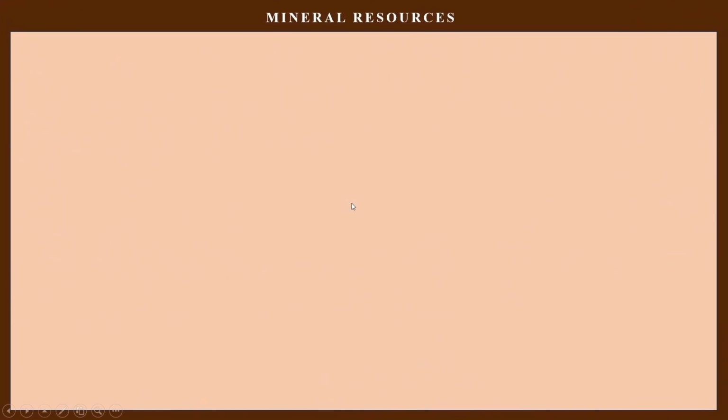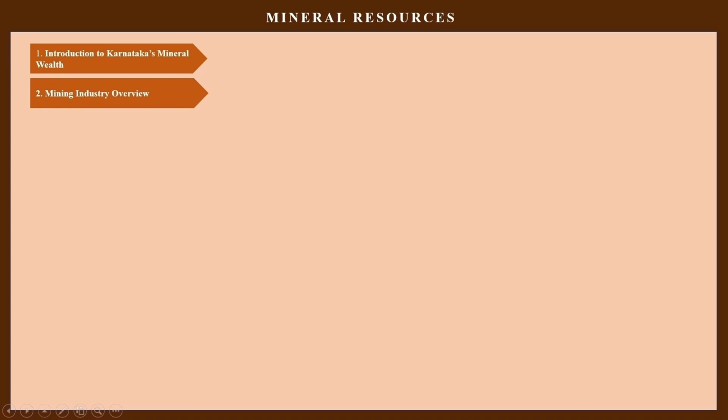Start with the introduction first. So, Karnataka, being a part of ancient Gondwana land, is known for a variety of minerals. During the colonial era itself, a geological survey department was established in the year 1880 to assess all the mineral resources of Karnataka, and they have done a detailed study where we have found that Karnataka has both metallic minerals as well as a few non-metallic minerals. However, Karnataka does not have any fuel minerals, that is, mineral fuels are absent in Karnataka.